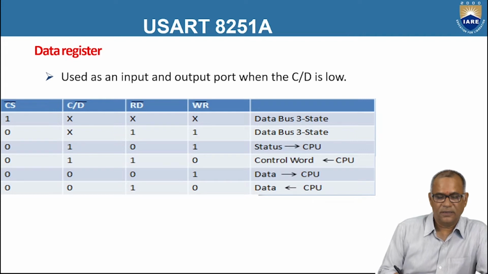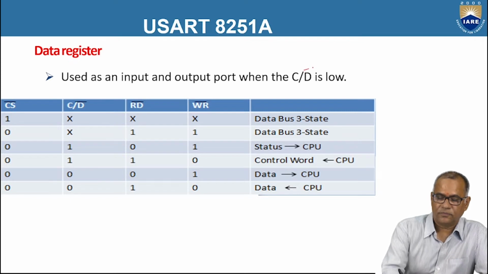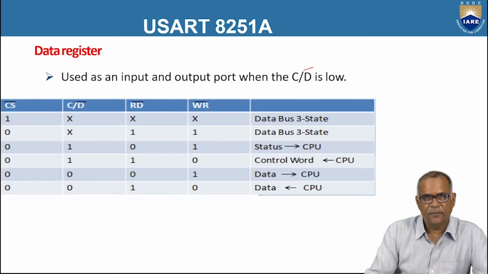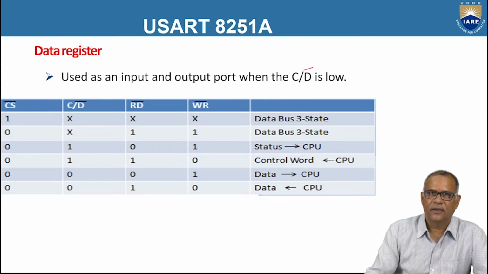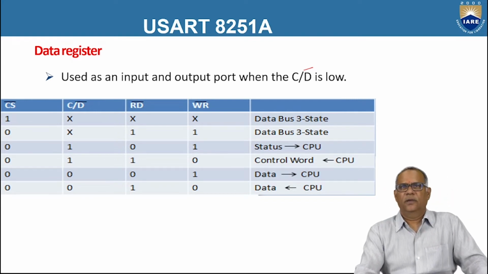Now the data register, this is used as input or output port when C by D bar is low. When the chip select signal is 1, that means the 8251A is not selected, so it is in high impedance state. When the chip select signal is active, then depending upon the C by D bar signal, various modes are selected. So when C by D bar is equal to 1, it is used